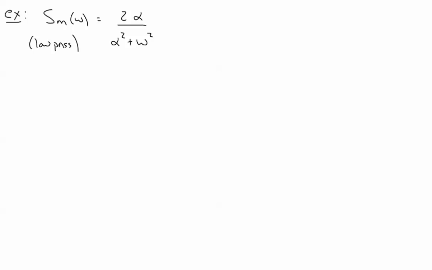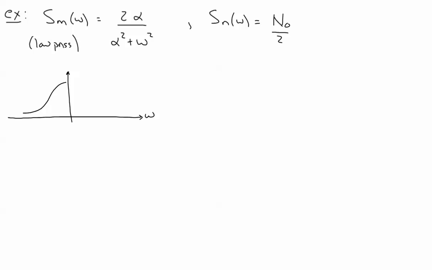All right, and we'll assume that my noise power spectral density is N0/2. And once again, this is kind of what I'm looking at. I've got a low pass type of message, and I've got